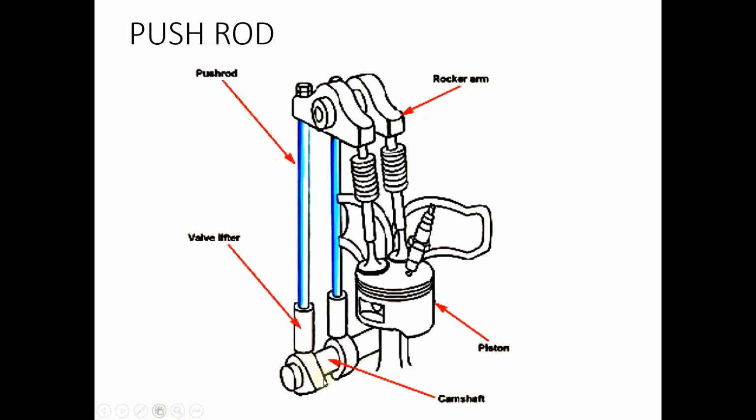So you have the camshaft here. So the camshaft, when it comes and contacts the valve lifter, it will lift the push rod that is attached to the valve lifter, and the push rod in turn is bolted to a lever arm, and this lever arm, one end will be lifted and the other end will be lowered, and thereby this end will push the valve open, push it downwards, and the valve will open. So that is the function of the push rod, that is to transmit the motion from the valve lifter to the rocker arm. This arm is the rocker arm,